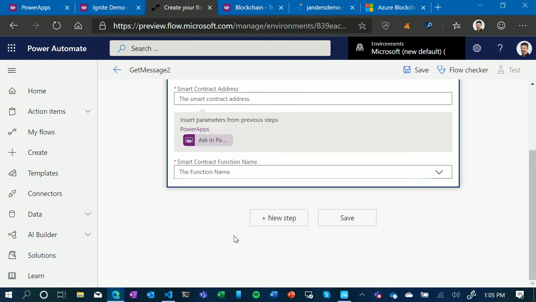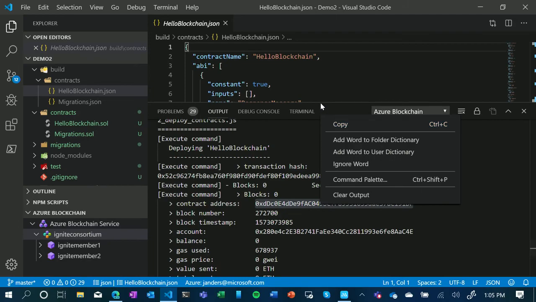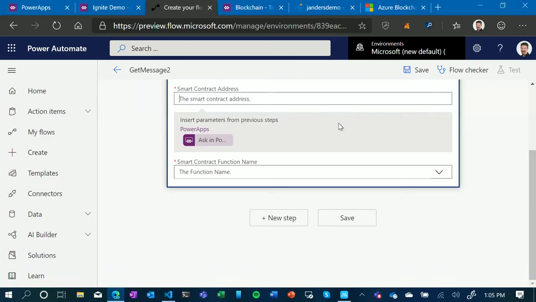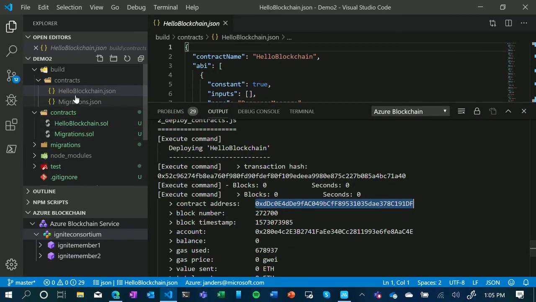Again, we need the smart contract address, and we need the ABI. Go back here, right click.